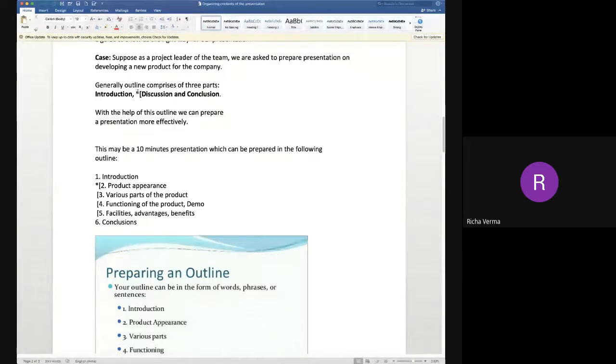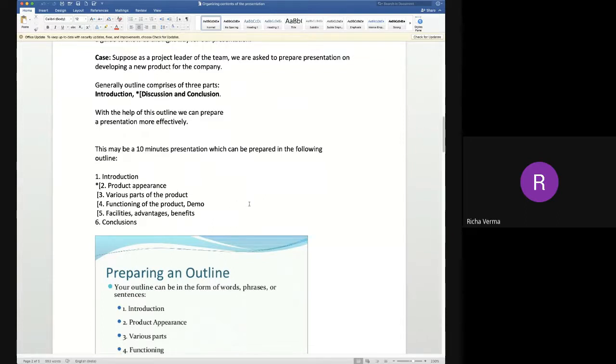Now, when we start the discussion, we will see what the discussions are. Product appearance, तो आप उसकी फोटो लगा सकते हैं कि ये product है, इसका ये appearance है, इसमें इतने sections हैं. These sections can be used in various categories, so various parts of the product can be described. Now, in the second slide, all the appearance which you have given in the first slide can be distributed into various parts, and that is how you can describe the various parts of the product.